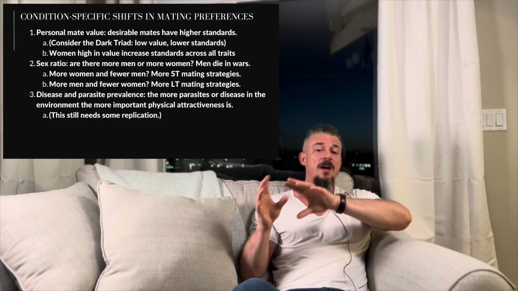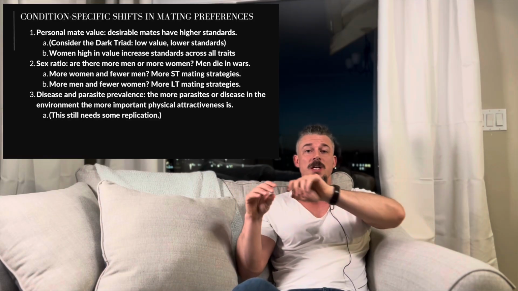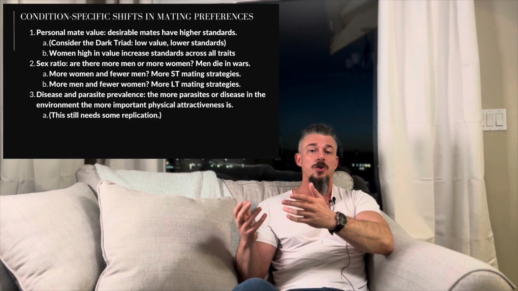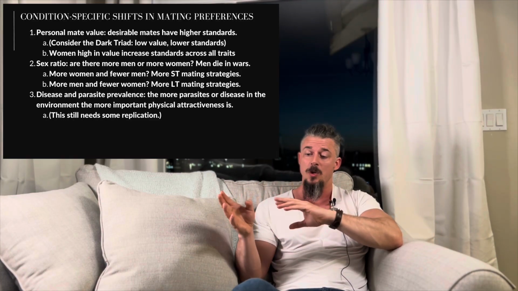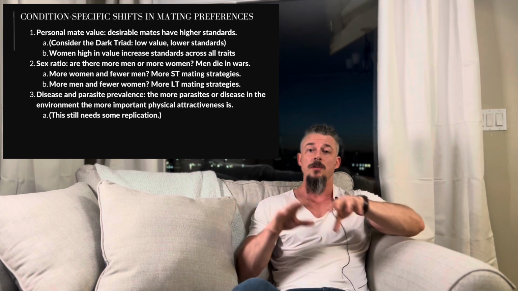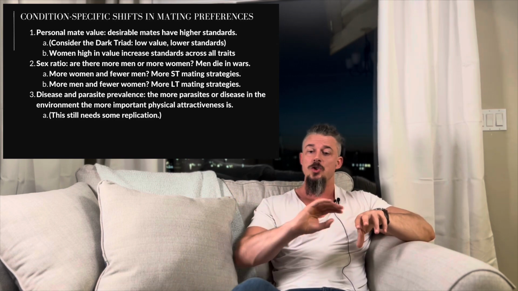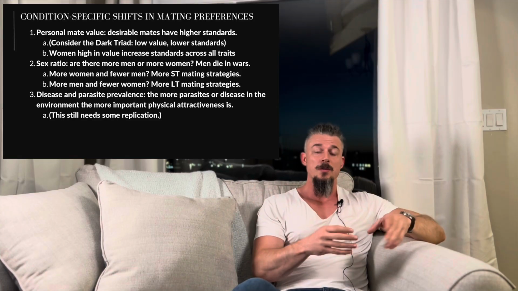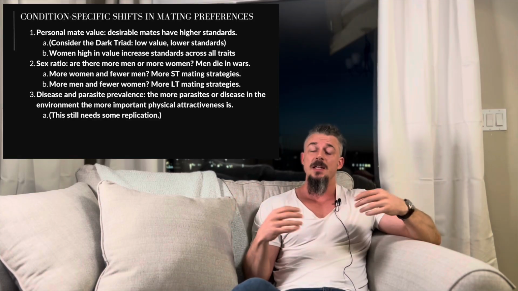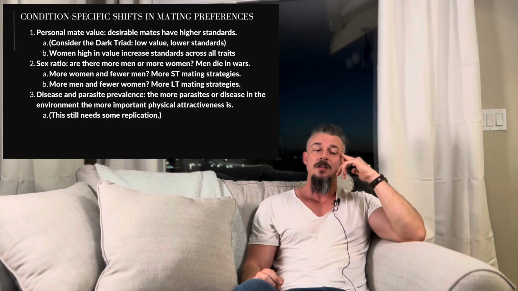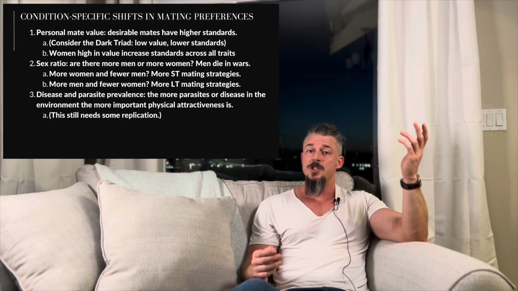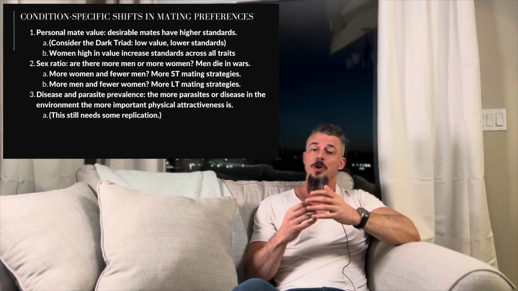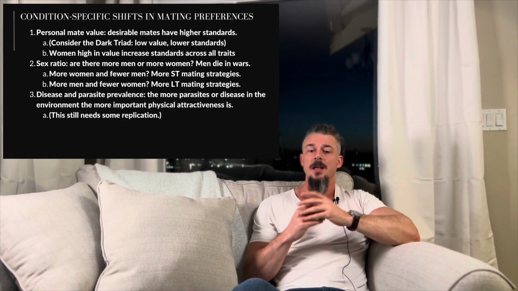But we know that having lower mate value is also associated with lower standards. So these are people that are less picky. And we know that again from research on the dark triad, that individuals who score high in the dark triad also have lower standards. Basically, they're willing to have sex with multiple people, lower investment. So of course, fertility, having more children, that might be kind of a given. These are short-term life history strategists. Higher mate value individuals, perhaps long-term mating strategists. Anyway,